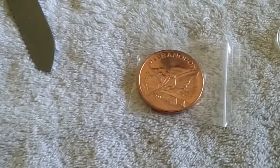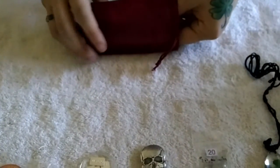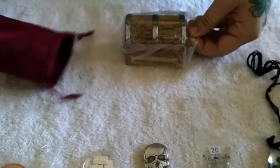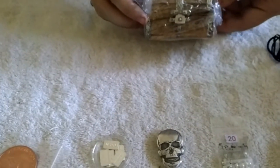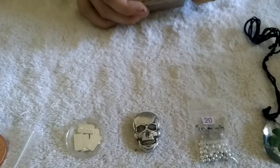Try to zoom it in for you guys there. It looks like a pterodactyl. All right, it comes in a little velvet pouch. It's really pretty. So here we go. This is what we got, or she got. Turn it around, we can't see what it is. There you go. Little treasure chest, guys. As you guys can tell with the skull and the stuff, she